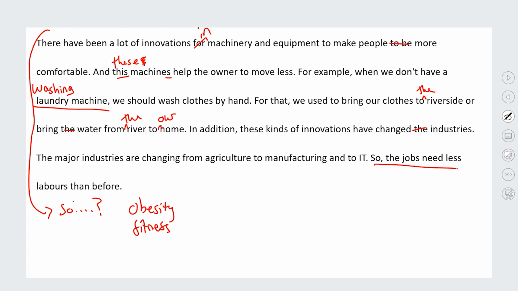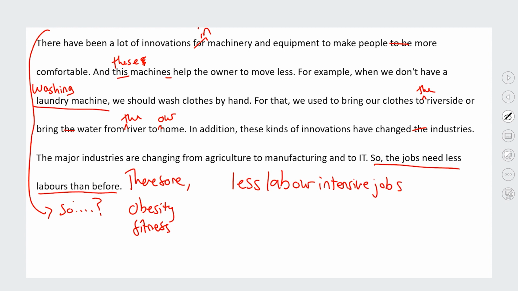Especially this final sentence. They're saying that people's jobs now need less labor than before. Well, what does that mean? How is that making people's weight increase? So you would need to add another sentence that would say something like, therefore, people do less labor-intensive jobs now than in the past, and as a result, they're living